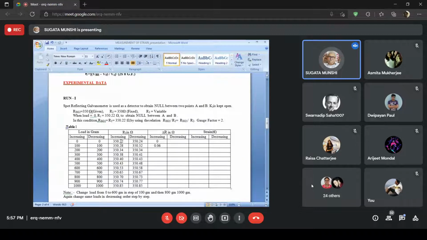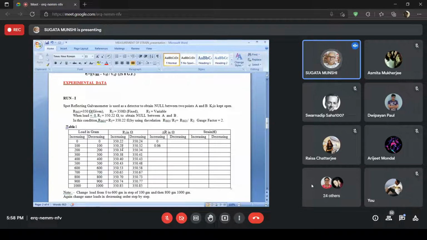350.28 minus RSG1, which is the nominal value of strain gauge SG1. So it is 350.28 minus 350.22. That means 0.06. Move on to 200 grams. R1 came out as 350.34. So delta R here will be 350.34 minus 350.22. That means